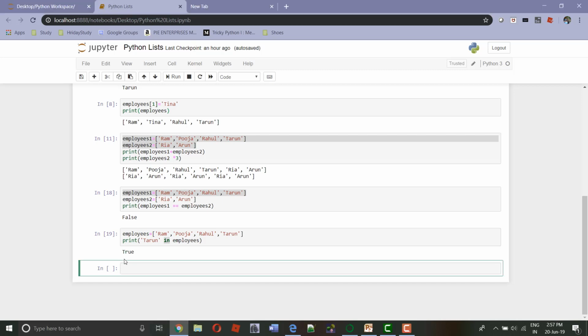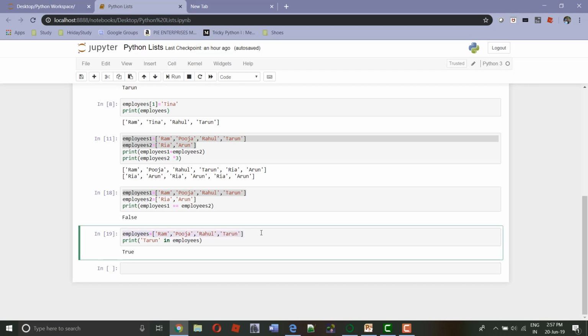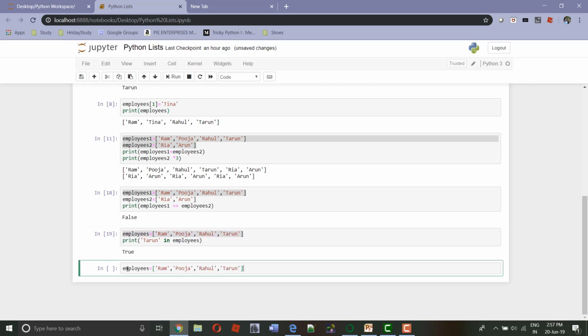Now we will start with the delete statement that can be used to delete a particular element from the list. So let's copy this list from here. Okay. Now if I have to delete any particular element, we know that we can access the elements of the list by giving the indices. So I can use the del statement for it.